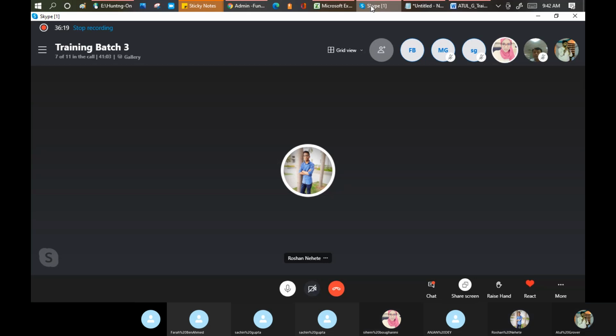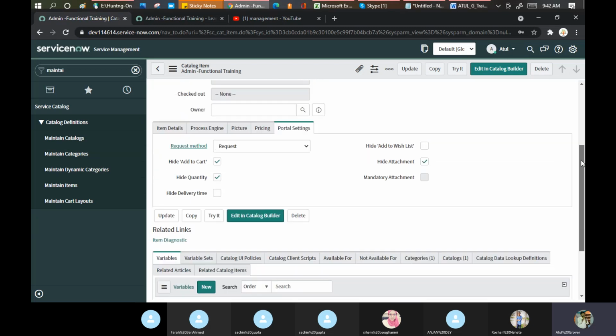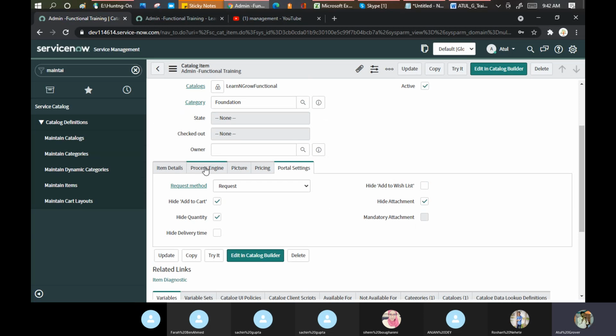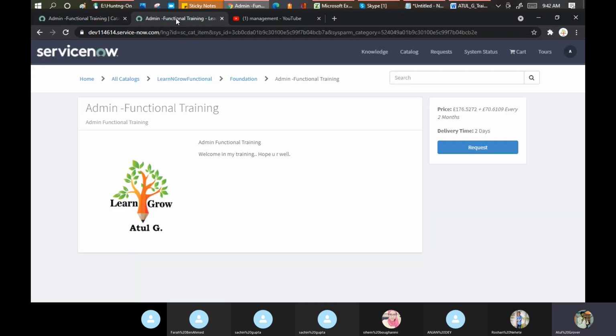Okay. Now, as I told you that you have to do the homework, so create multiple catalog items, and put different options on them. In some you put just request, in some you put the order, in some you put the submit, and see how they are behaving. That is the one thing which is important to understand here. I am skipping the process engine for the time being. But before that, let me show you.